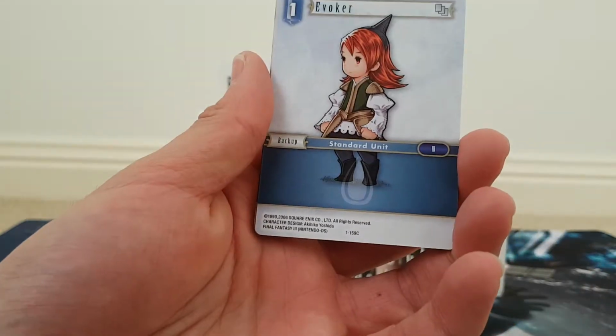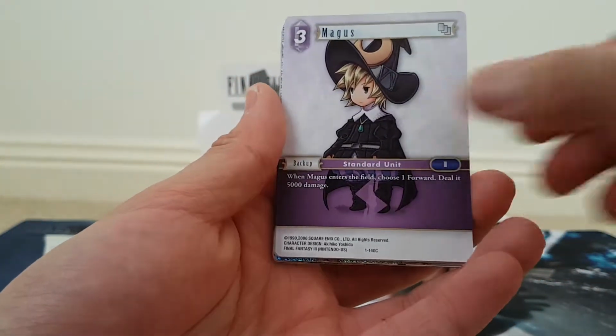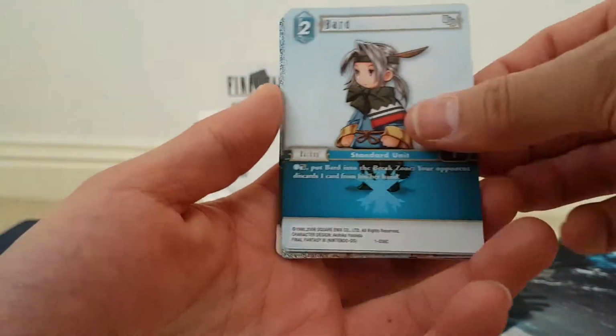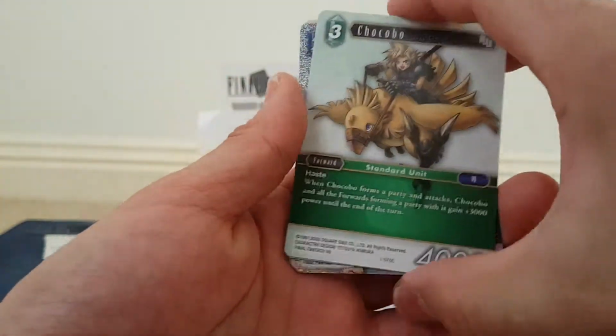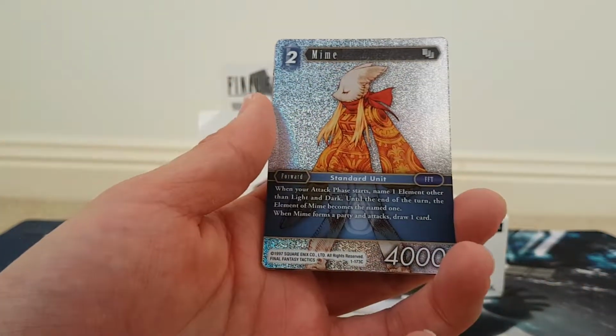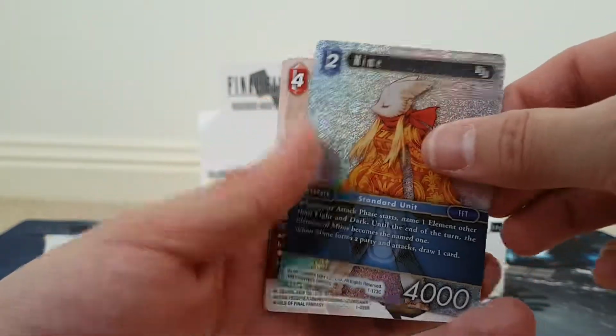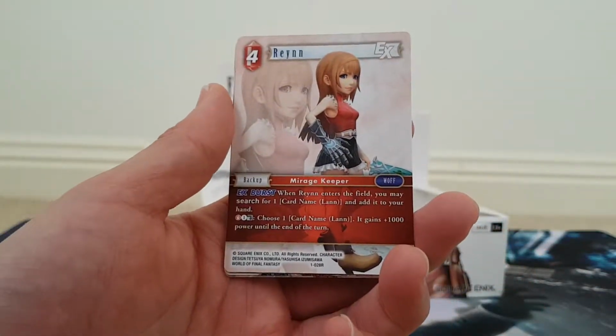Devout. Evoker. Another Dark Knight. Magus. Bard. Another one. Chocobo. Dark Knight. And another Mime. But of course this one's a proper shiny one. You're going to have 3 of those. That's not too bad. Rain from Final...